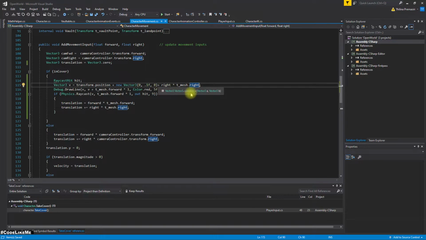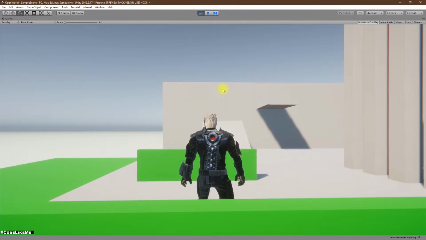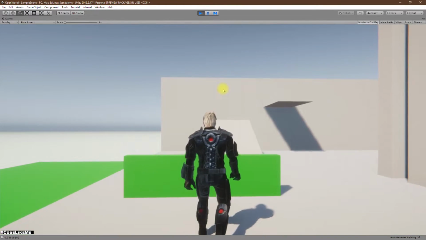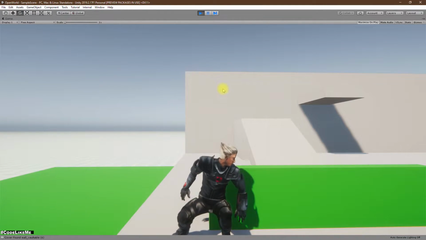To fix that, maybe we can multiply this by 0.2. Let's see if that solves the problem. Or maybe that could increase the problem. Yeah,